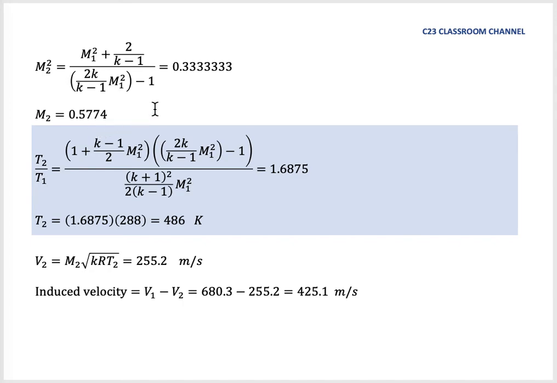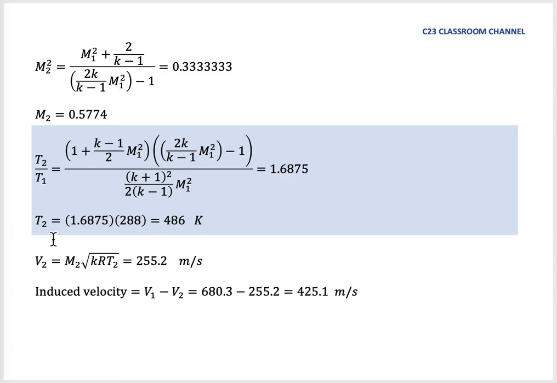Then we could calculate the Mach number 2 as 0.5774. To calculate the temperature after the shock wave, we could start by using this equation, the ratio of T2 over T1 for the shock wave equation. We use k is equal 1.4. We substitute the value of Mach number 1, and then we could get the ratio T2 over T1 is